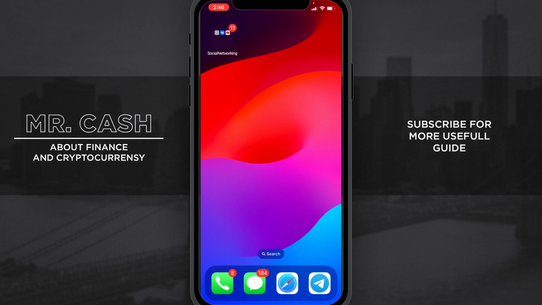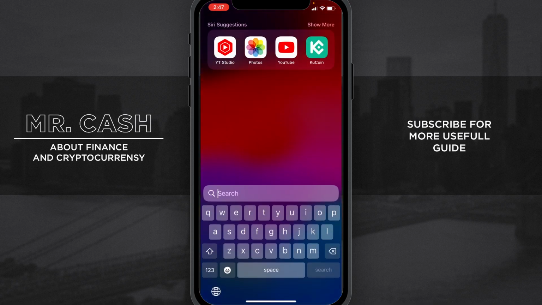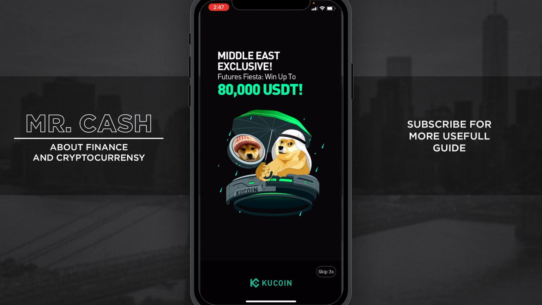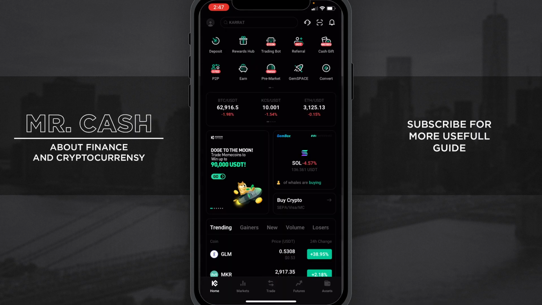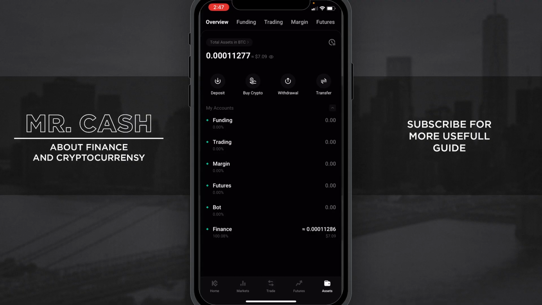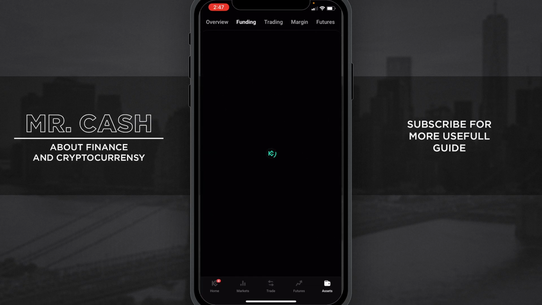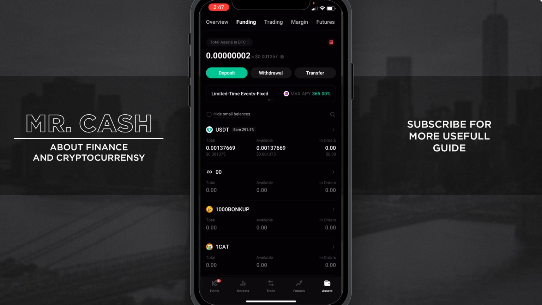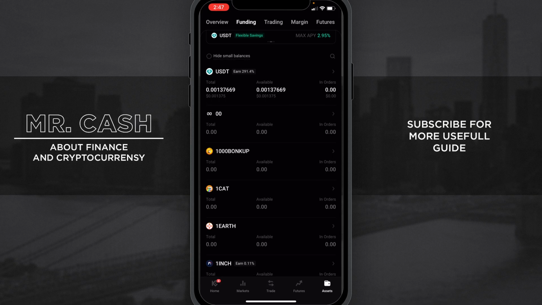So now I'm gonna be using my iPhone mobile. So first of all, find KuCoin platform, tap on that, skip this and just tap on assets section and log in to your account. After that, just choose funding account at the very top, and after that you can just scroll down until you